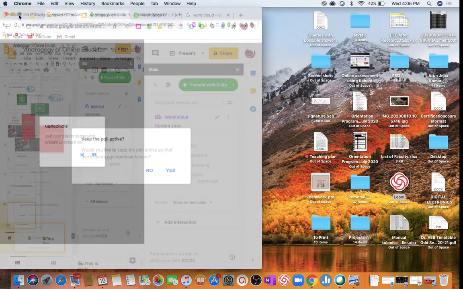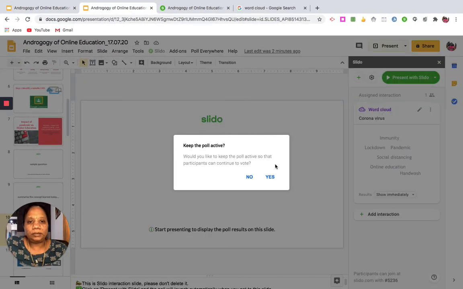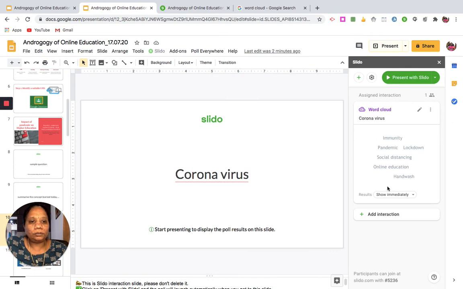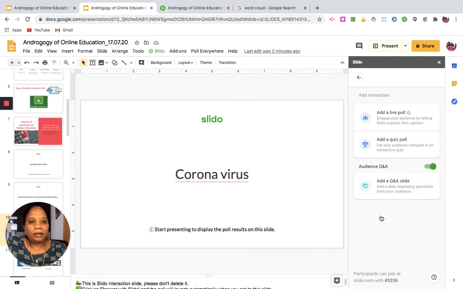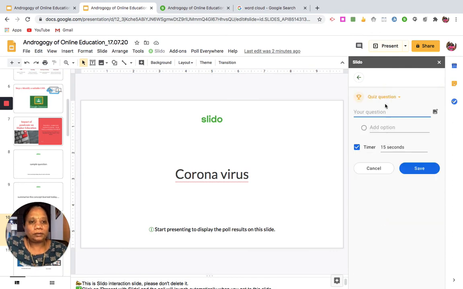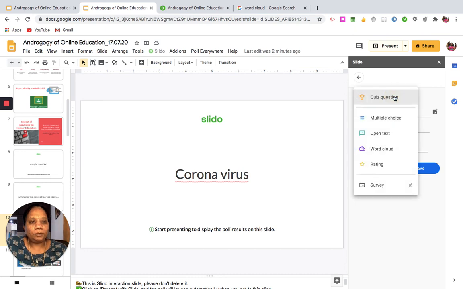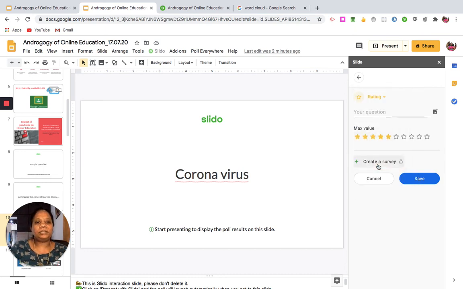Okay, the next option, the last one, let me again show you: add interaction, go into add a quiz poll, click the drop down option, and you have one more last option, which is rating. This is something very interesting. I do this in every class. So what I do is I ask them a question,